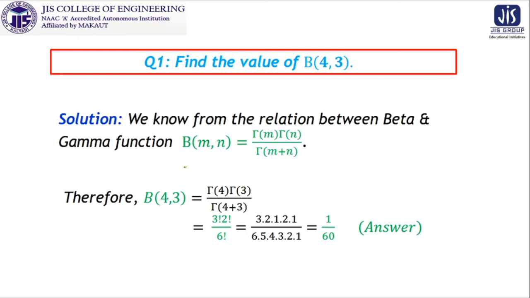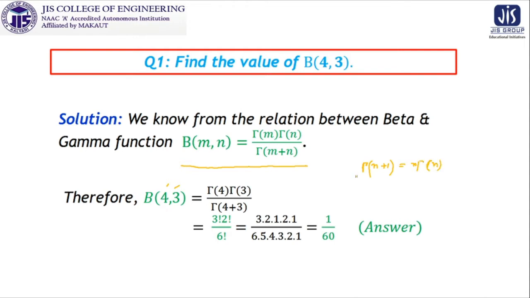As beta(m, n) is equal to gamma m into gamma n divided by gamma m plus n, placing m equal to 4 and n equal to 3 in this particular expression, we can write it as gamma 4 gamma 3 by gamma 4 plus 3. Now the problem is totally converted into a problem of gamma function, and also we are going to use the property of gamma function,